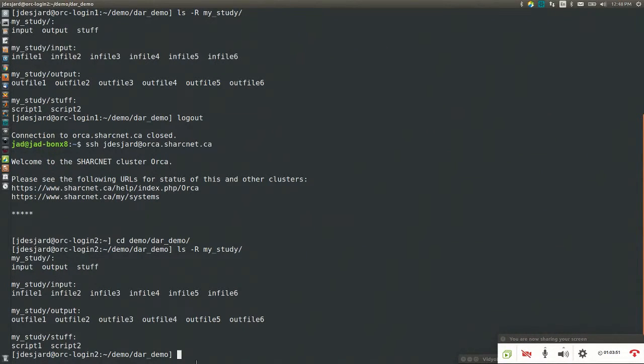Now, what I want to be able to do is take this and create an archive of this entire folder structure. And the way that I do that is I do dar flag C for create, and I'm going to create an archive in my freezer file system, and I'm going to call it dar,